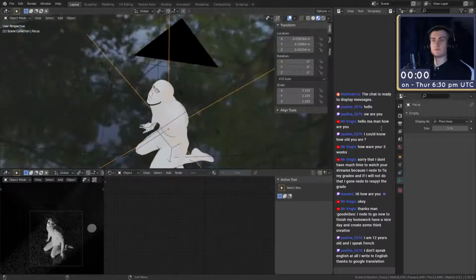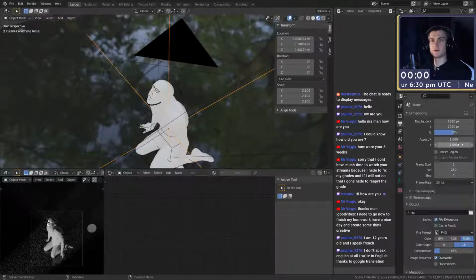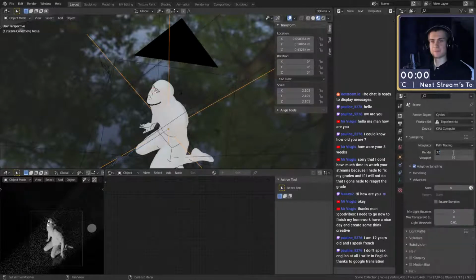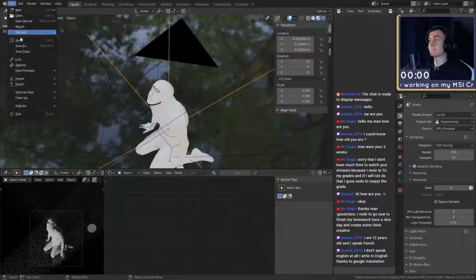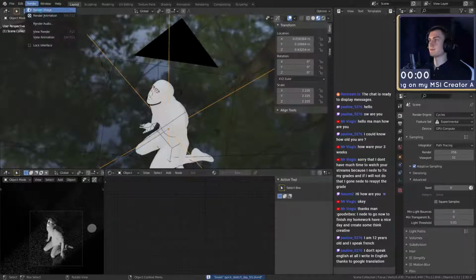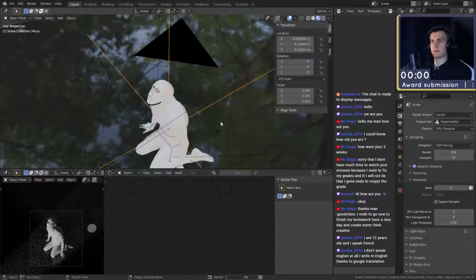Okay, let's do the final render. We of course need more sampling, so it's not as noisy. Put that to ×4, maybe even ×4 that. 512, hold on. Let's put it to 256. Okay. Render that image. Perfect. Okay. So while that's rendering, we can speak a little bit about what we're going to do today.